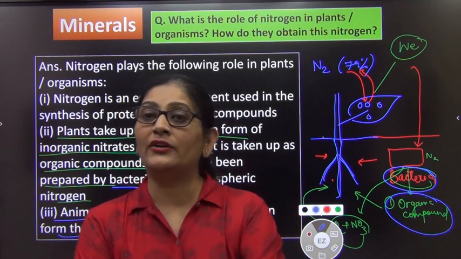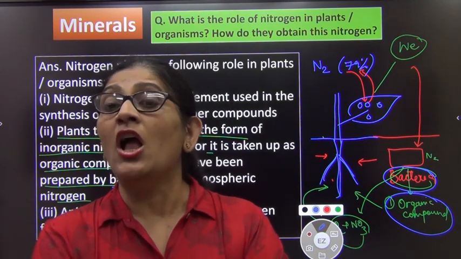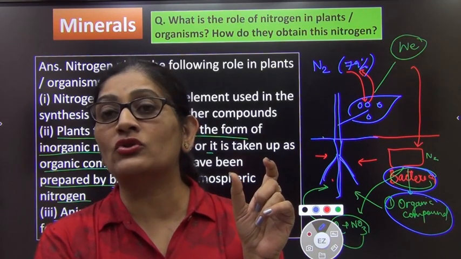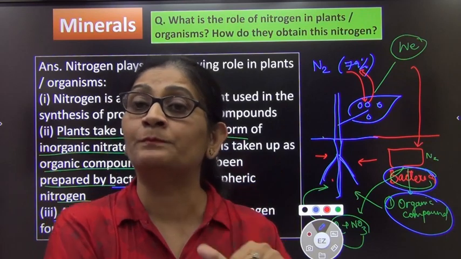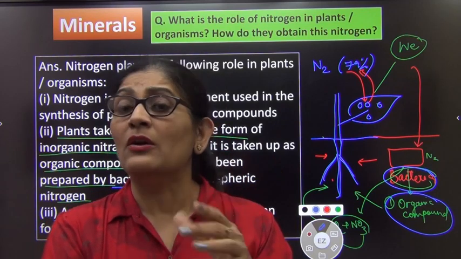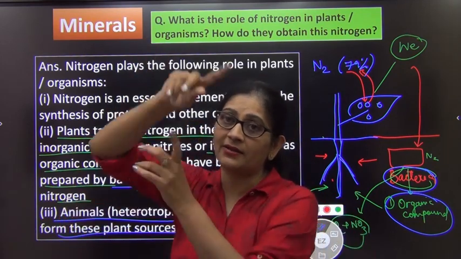We were going through plant nutrition. Plant nutrition involves a process called photosynthesis. What is the balanced equation of photosynthesis and how does photosynthesis take place? I taught you in my previous lecture. Today I taught you first, where does this photosynthesis take place? So I told you in the plant, in the green parts, in the leaf.